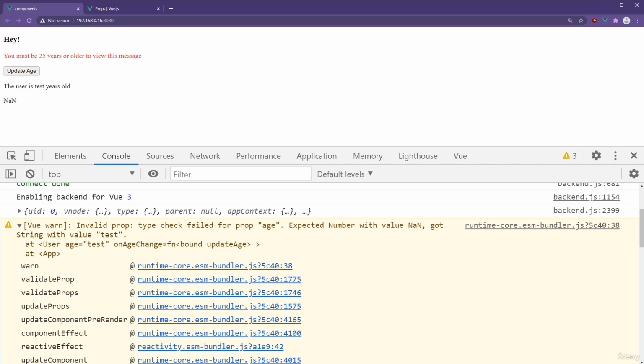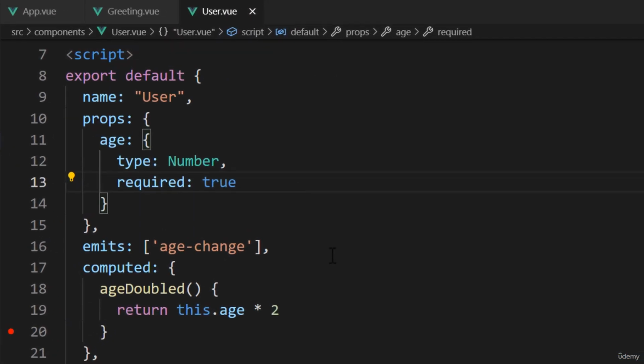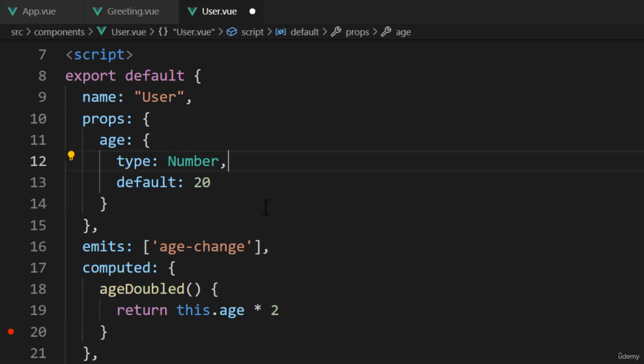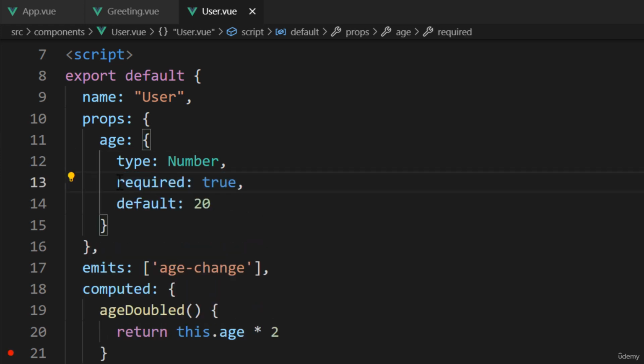We can set a default value. Back inside the user component, we'll add a new property called default and set it to 20. Since there's a default value, we don't need to have the required property. We'll comment it out. With the default key set, we're always assured that the prop will have a value even if one is not